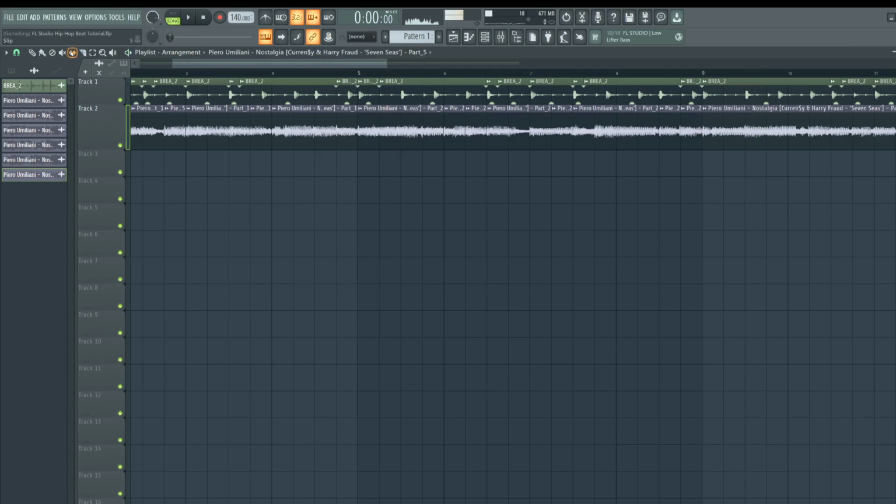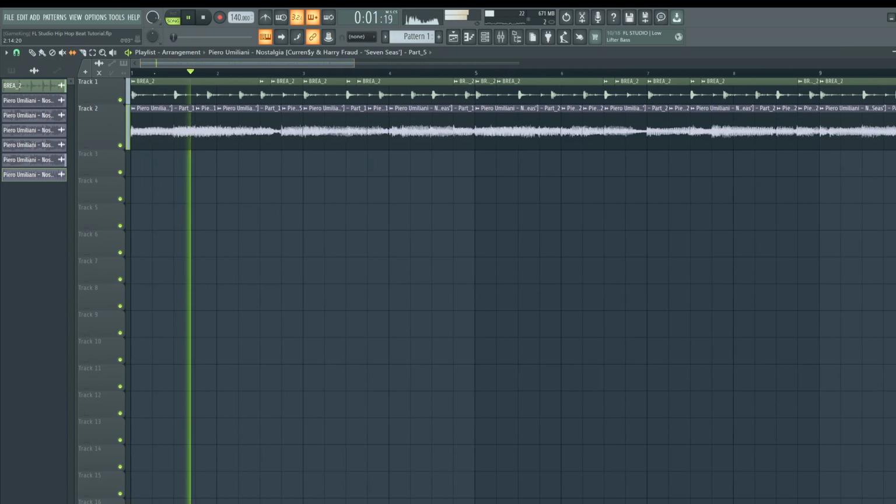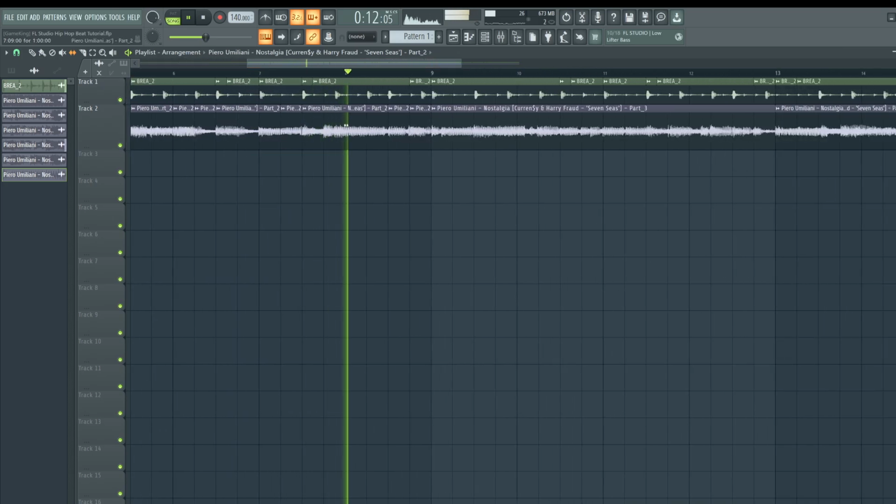Okay, just to show you guys how to do it, let's grab that slip tool. And now I'm looking at my chops here. Oops, grabbed the wrong part there. Okay, so now we're really just arranging using that slip tool. Okay, so that's how people get that like stop go effect.